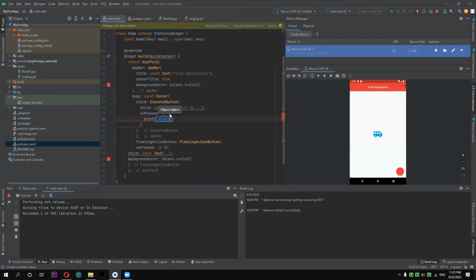So this will print if the button is pressed. So it was clicked. Okay. So to respond when the user clicks,